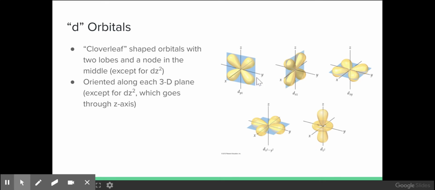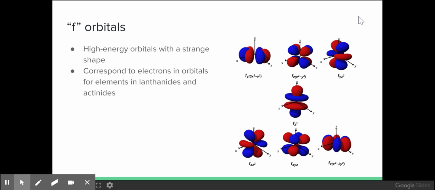So our transition metals give us these electrons that are occupying these higher energy d orbitals. There are 4 different orientations along the different planes, and then there's this fifth one that kind of looks like a spaceship. But collectively, there's 5 different orientations for d orbitals around an atom. F orbitals get even more complicated in their shape, but there are 7 of them per sublevel within an energy level.